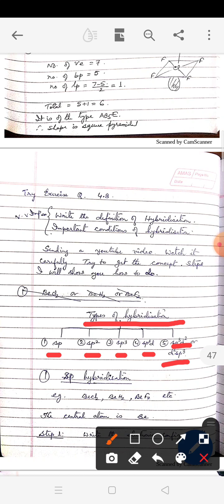Similarly, you can understand what could be sp2. It means s orbital is mixed with two of the p orbitals, maybe px and py, or maybe py and pz, whatever, any two of them. And thirdly, we have sp3, which means s orbital is mixed with three of the p orbitals. sp3d means one s, three of the p's, and out of 5 d's, only one d orbital is mixing. Then we have sp3d2. sp3d2 means s orbital mixed with 3 of the p orbitals and 2 of the d orbitals. You may see here I have also written d2sp3.